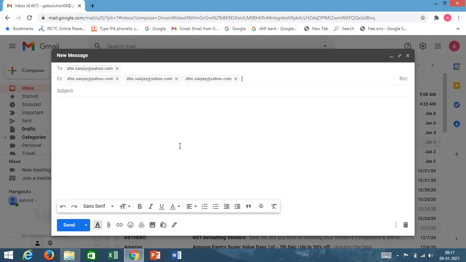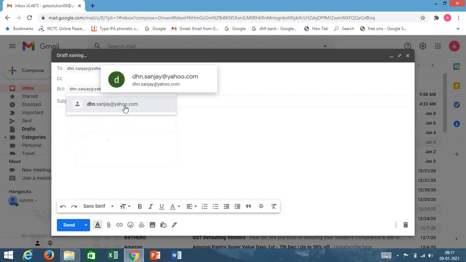Now this time what will happen? All these four people who are receiving the email will come to know to whom along with me this particular mail is sent. Each and every person will be able to see that the content which is sent to me, along with me, it is sent to how many people, and who all those are. But the same thing, if we write in BCC, blind carbon copy, what is going to happen?